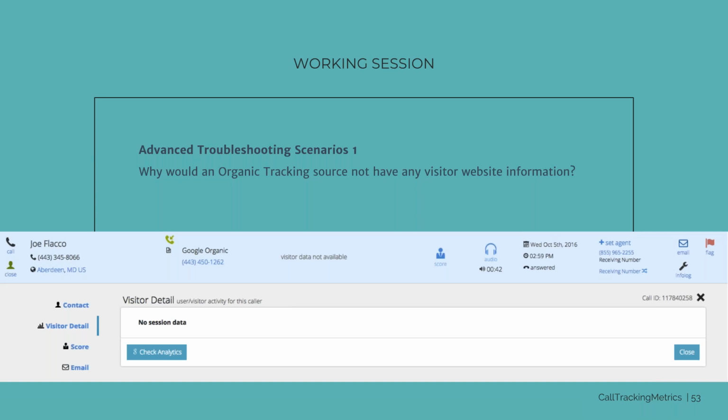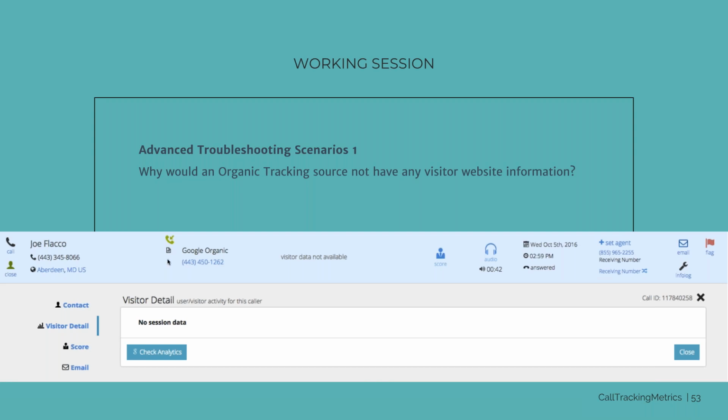All right, our first scenario is, why would an organic tracking source not have any visitor website information? Any ideas why we would be seeing reporting like this? It would probably be because the CTM tracking script isn't on the page and the number is hard-coded.